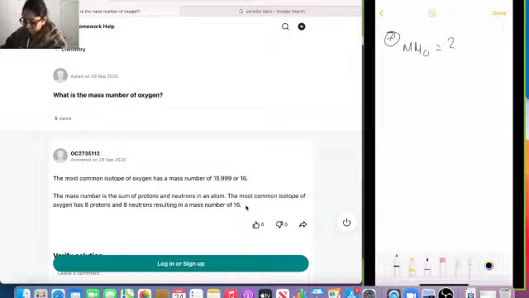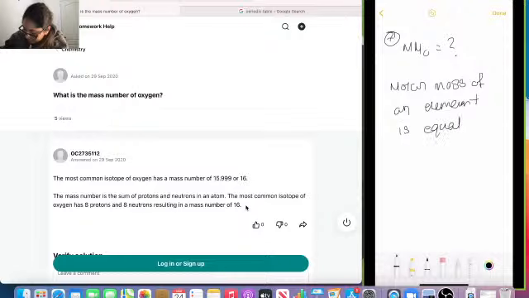To find the molar mass, the molar mass of an element is equal to the atomic mass number,